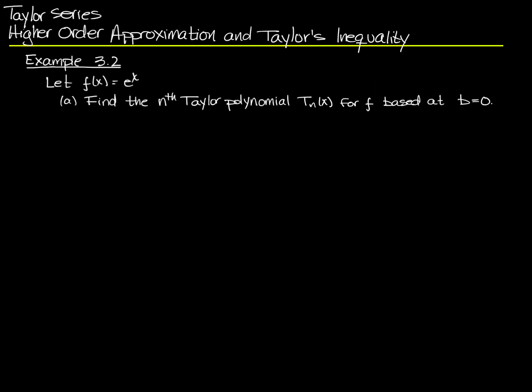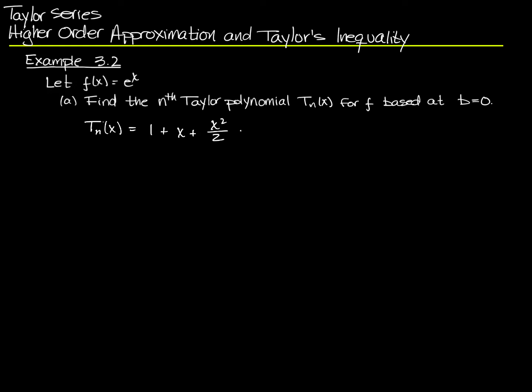All right, now let's take a look at example 3.2. I'm not going to do all of this example because I think the course pack does a reasonably good job of explaining how to do part A, and we've done one just like that. In fact, we've done a harder one. Find the nth Taylor polynomial T sub n for the function y equals e to the x based at b equals 0. If you follow the explanation in the course pack, you can work this out for yourself. They give you the Taylor polynomial 1 plus x